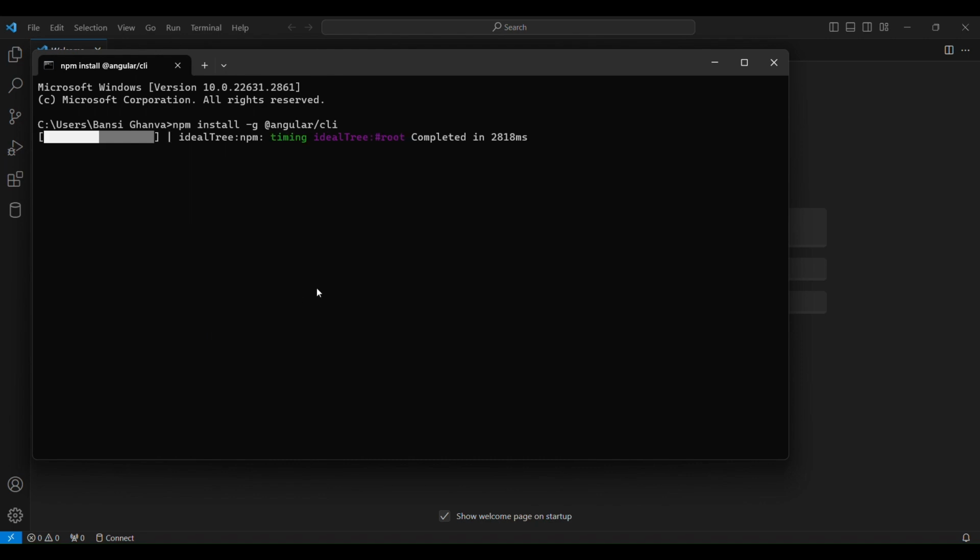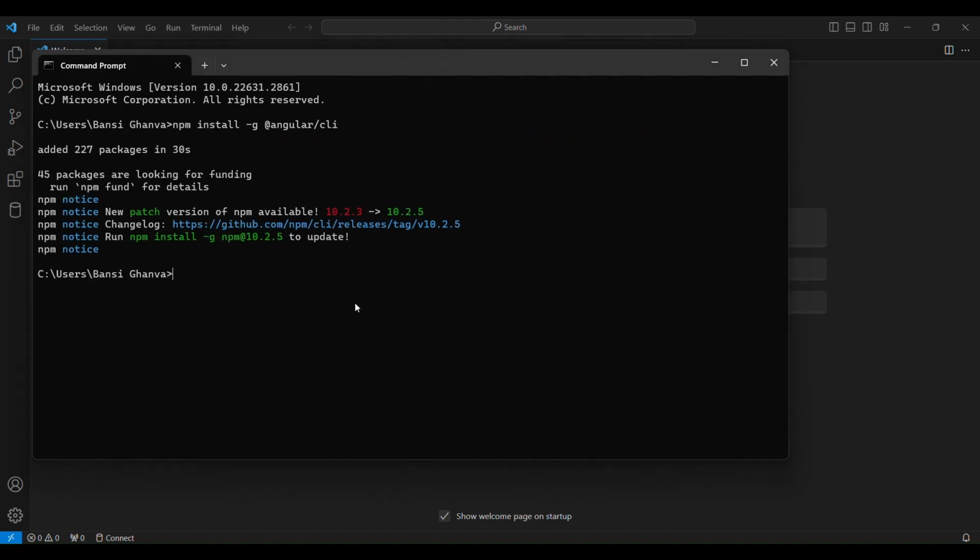You will get all these notes in the description, and all the commands are also provided over there step by step. Okay, so this will install your Angular packages. Okay, so Angular has been installed properly. So now what you have to do is create your first Angular project.